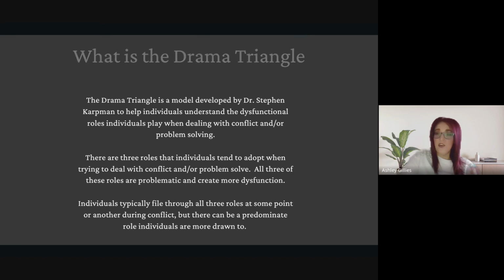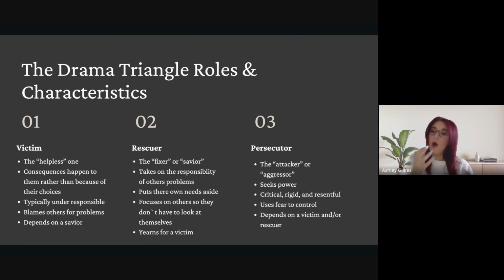All of this is three different roles that become very problematic for people. Okay, so without even getting into the characteristics, you're probably going to be able to tell just by the names of some of these roles that, oh, I can see so-and-so falls there, I fall there, my spouse falls there, on and on. So the three roles in the drama triangle are a victim, a rescuer, and a persecutor. Again, just by knowing those three things, you could probably identify which one you are, which one mom is, which one dad is, which one spouse is, brother, sister, aunt, whatever it is. You're going to be able to tell who sits in these.